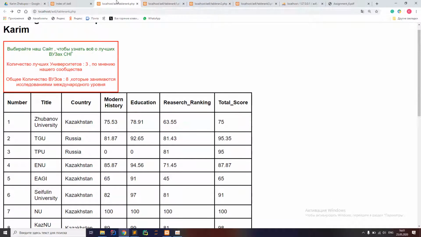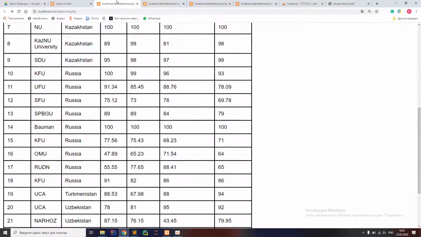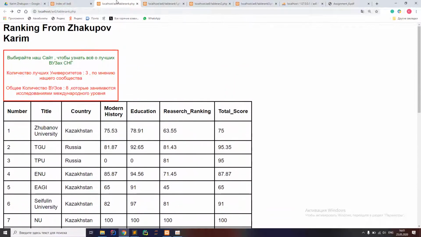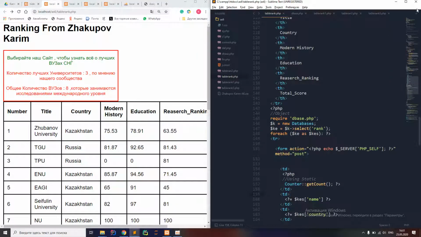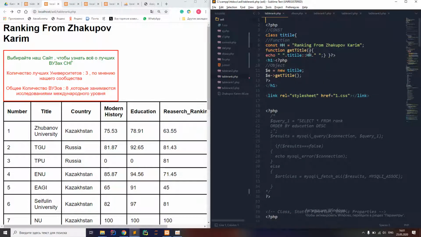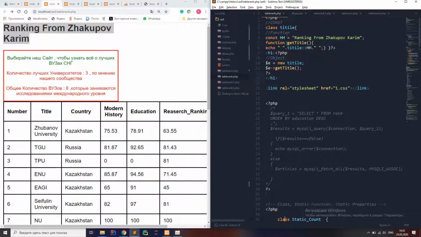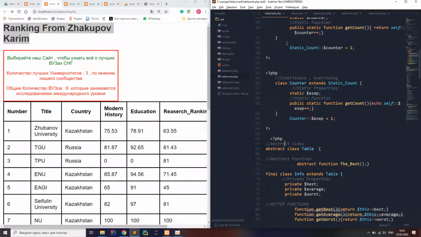This is how my main page looks. As you can see, the first header is an example of a constant, property, and function. Then I created an object and called the function. Then this is my example